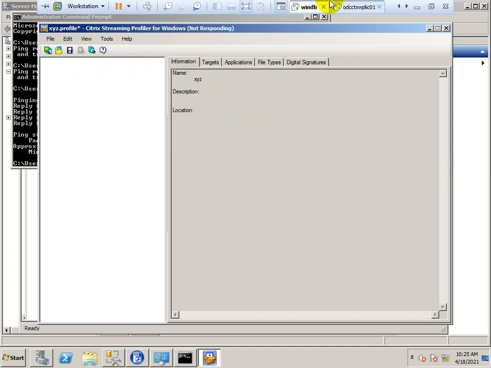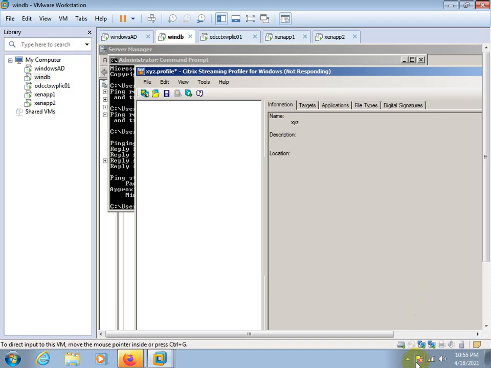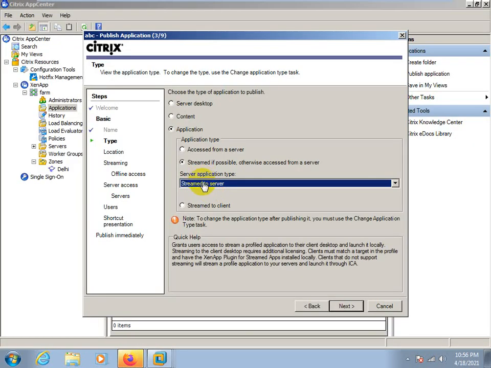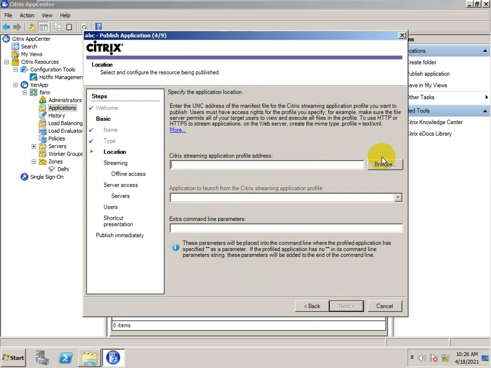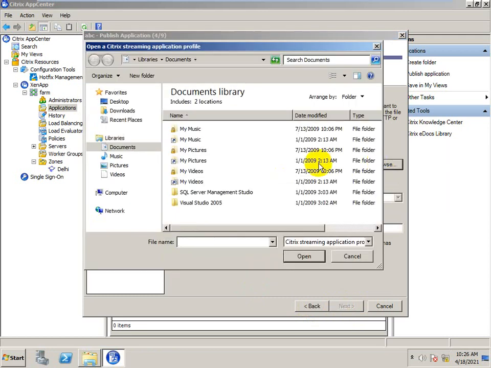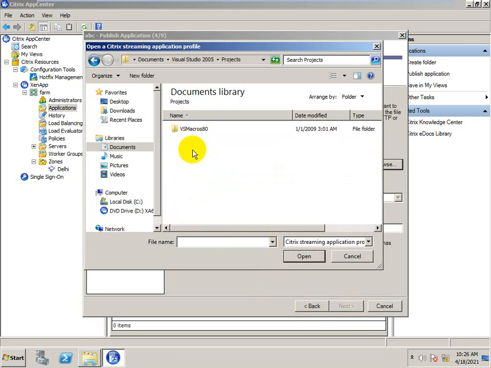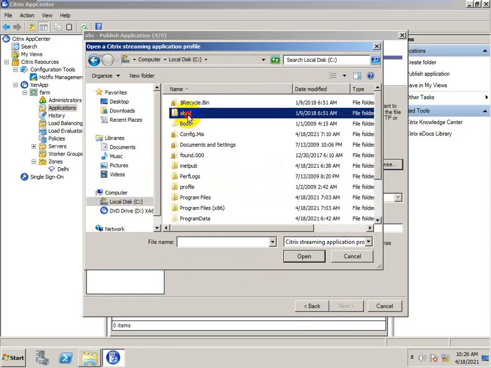Okay, still I can do one thing. I have selected streaming to server as the next. Here I need to browse the applications.